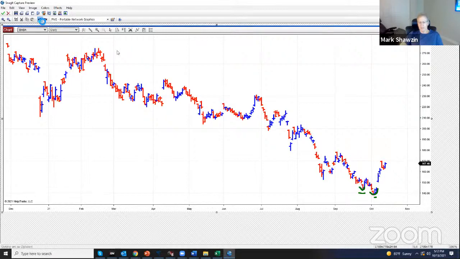How long this lasts, it's hard to tell. But what I also say is that not all reversals are created equal. Two days ago it made a new high and closed on the low. Typically when I see these, what usually follows is a downtrend. But now I think this thing's turned around. So I look and see how the price acts at this reversal. You can see it went down a little bit yesterday, but then there was no follow through.